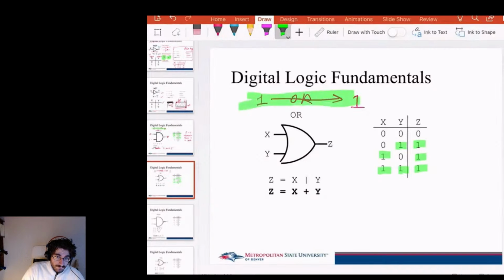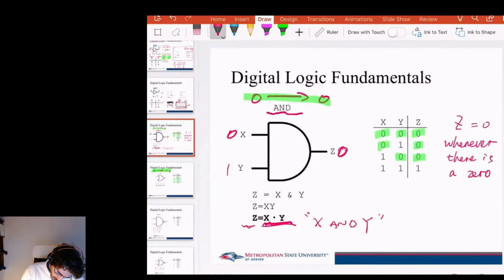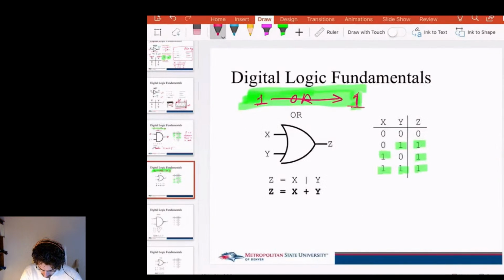It's easy to get the 1 transferred through the OR gate, and it is easy for the 0 to get through the AND gate. So the Boolean expression for the OR of two inputs is represented by x plus y,